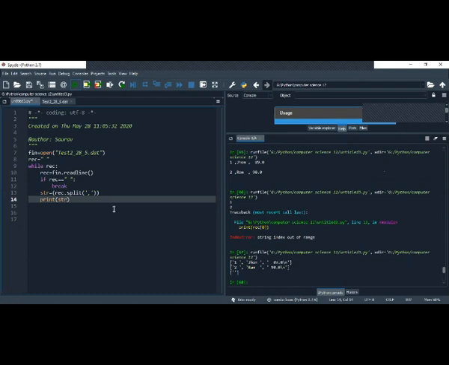Okay, I got both of them. They're splitting. Now I want to print the first one, str bracket 0, comma, print str bracket 1, print str bracket 2, and after that fin dot close.